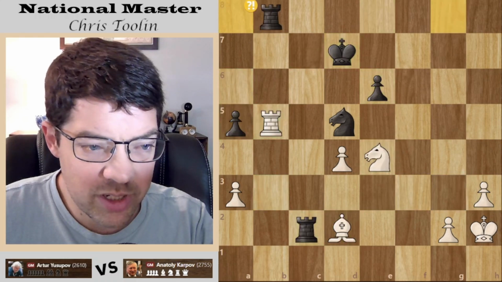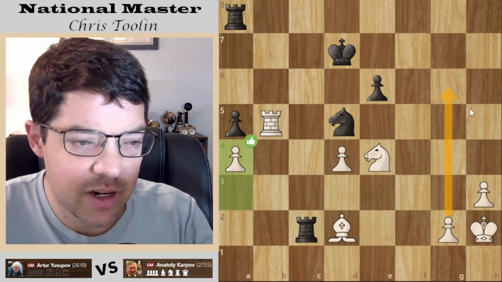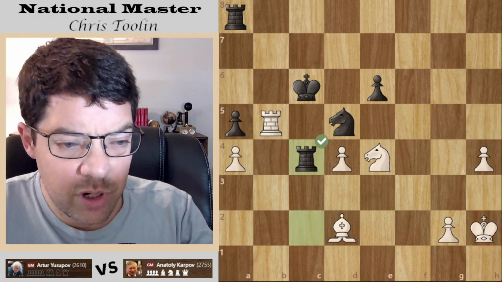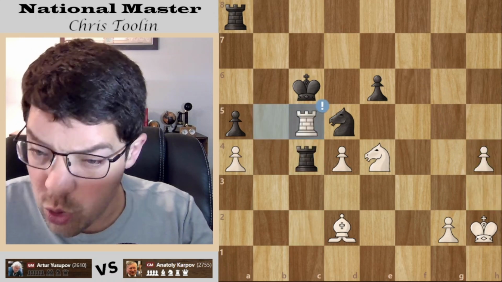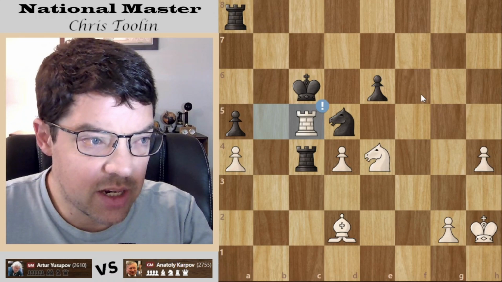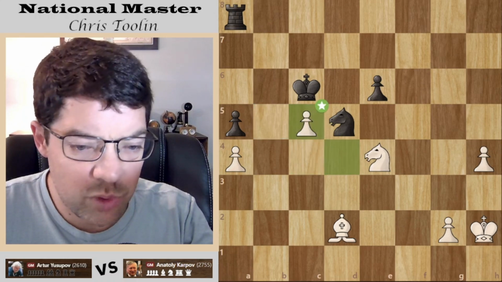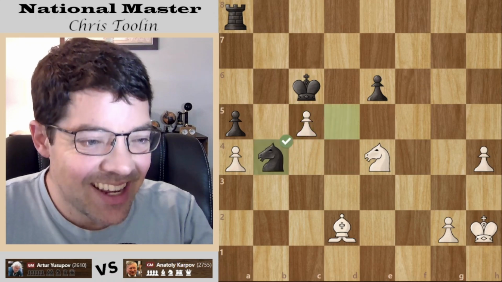Actually, these white pawns get marching. Going a little faster here, because I do have quite a few games to show. But these pawns get marching. I do recommend a more intricate, slower study here if you really want to get the most out of looking at these old games. But we're just kind of doing the highlights.